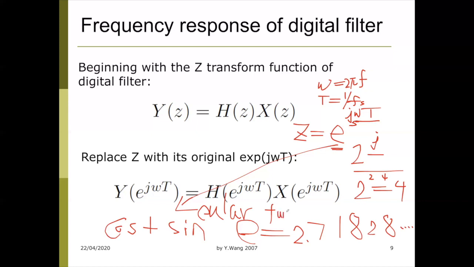Sorry, it's very hard to write with the mouse. Maybe I'm spelling it wrong anyway. So if you search Euler function or Euler identity, it basically combines three essential numbers in the universe into one equation, which is 1, 0, pi, and E. It's beyond my comprehension anyway, but it's very interesting. Okay, so